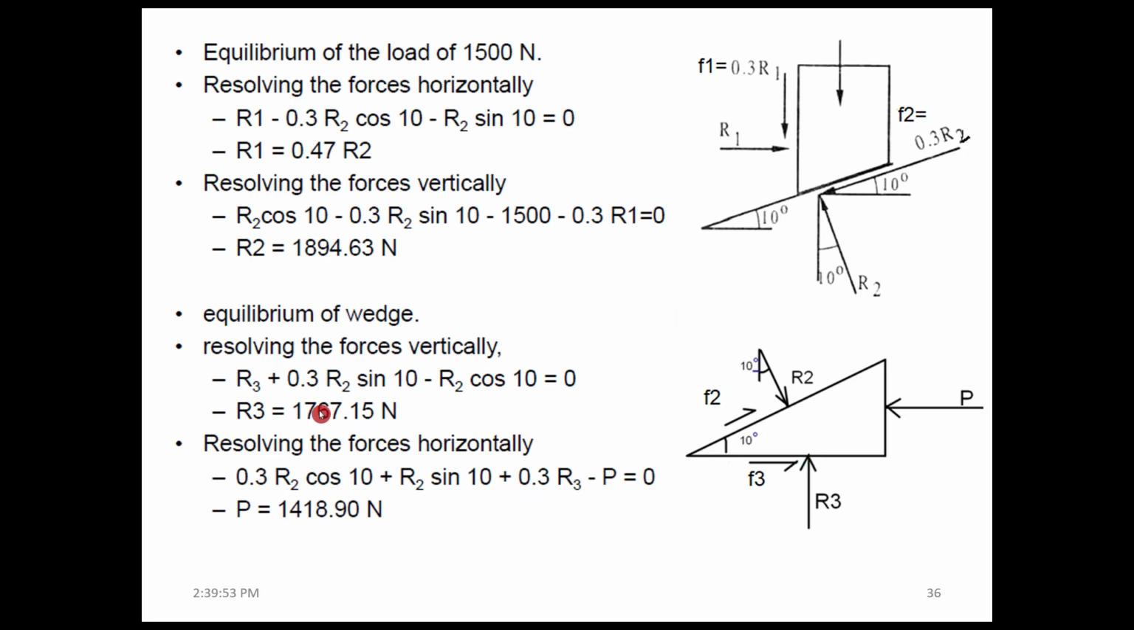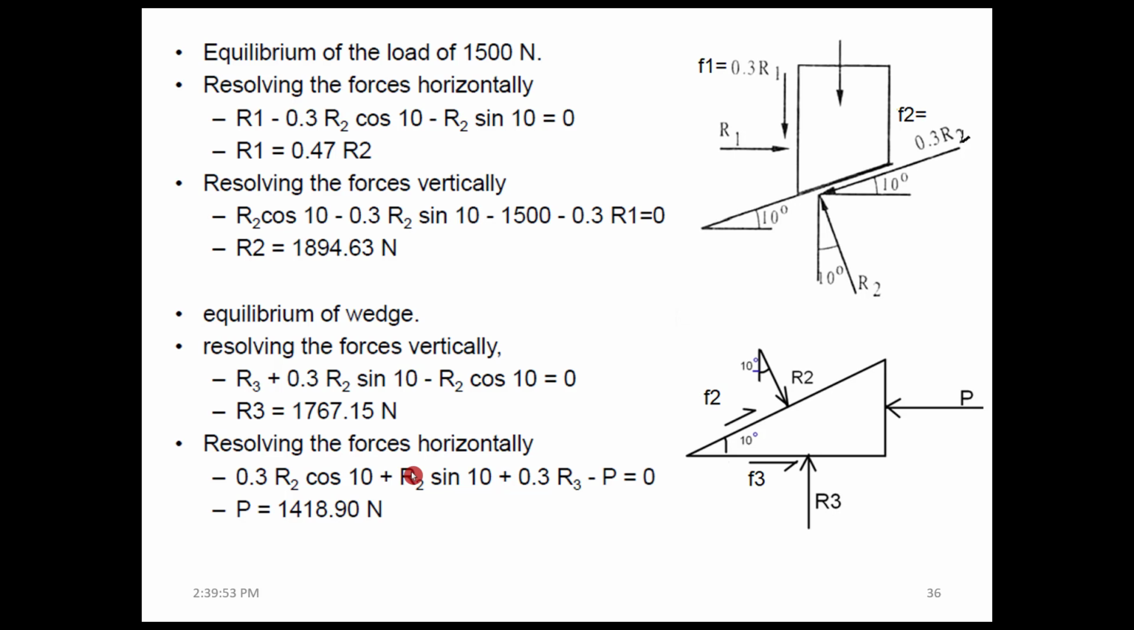So we have 0.3 × R2 sin 10, which is actually the frictional force, in the vertical direction, and R2 cos 10. This one component is actually perpendicular to the plane, considering it in this direction. So with cos 10, we get R3 equal to 1767.15 Newton. Resolving the forces in the horizontal direction, we have 0.3 × R2 cos 10, the frictional force,